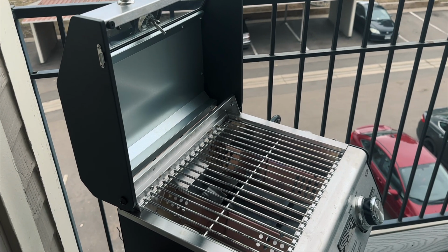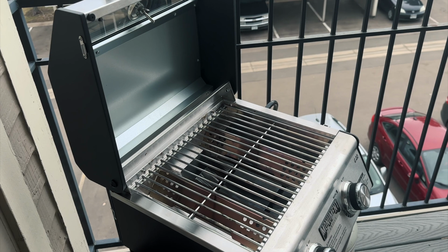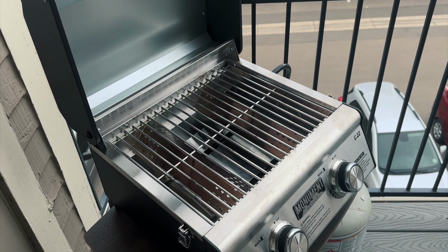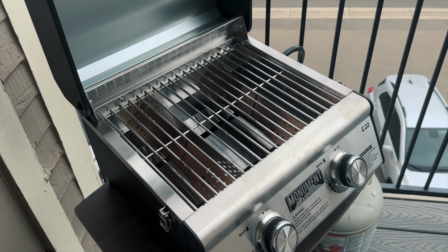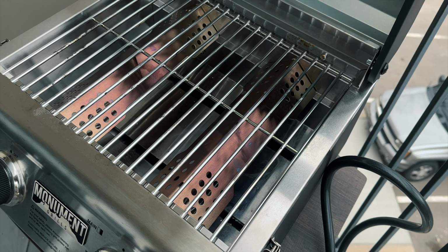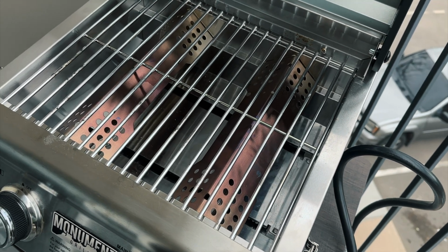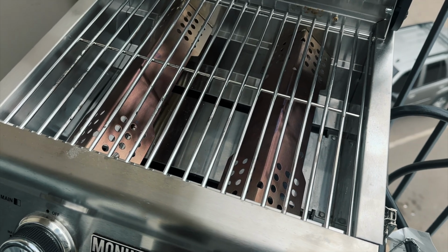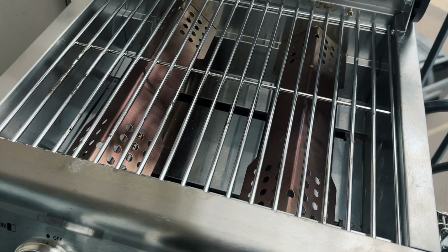And overall, I'm very impressed and very happy with just all of this grill in general, and that just could be the fanboy in me that just loves to grill and loves to cook. But if you are looking for maybe a smaller, more portable tabletop grill that can fill some of those roles in your life, like camping, easy to store, maybe you're in apartment living, maybe you just live in a tiny house, maybe you don't need a big grill, maybe you live by yourself, maybe there's only 2 of you,